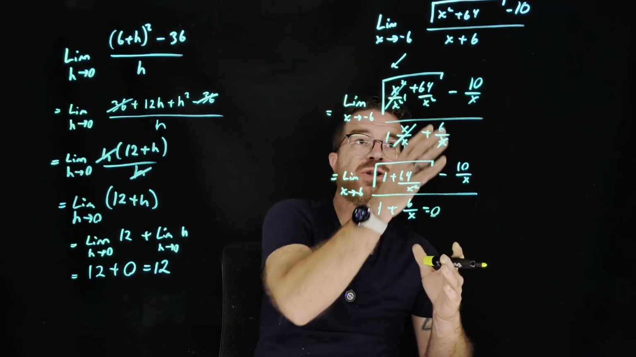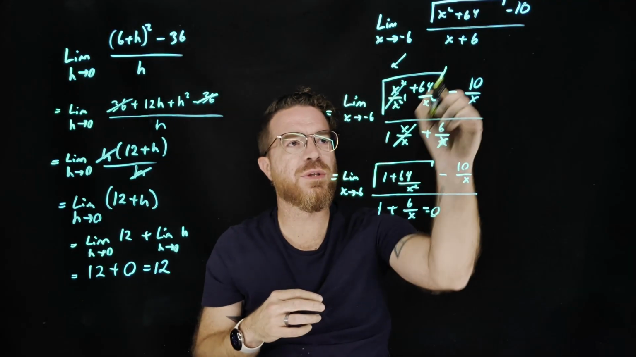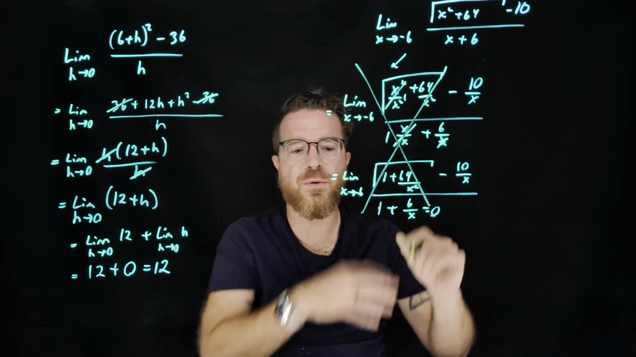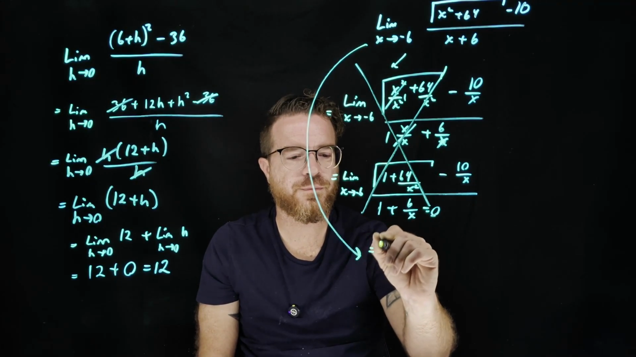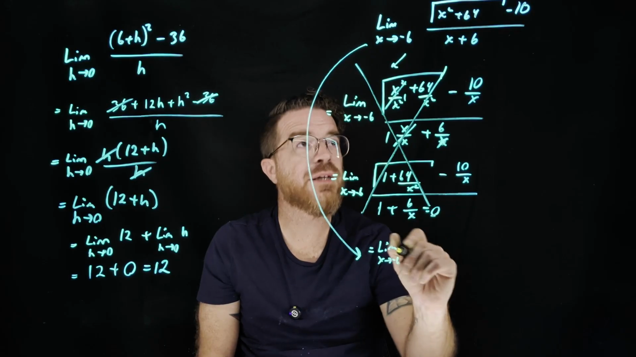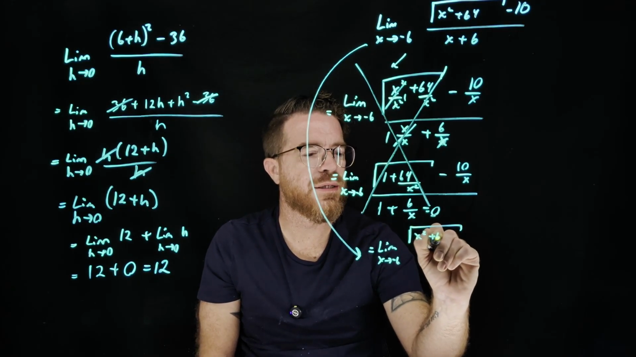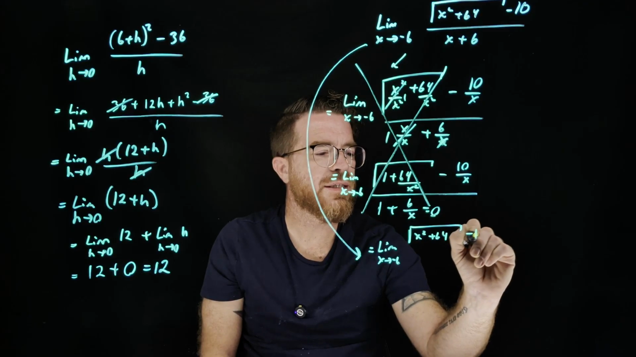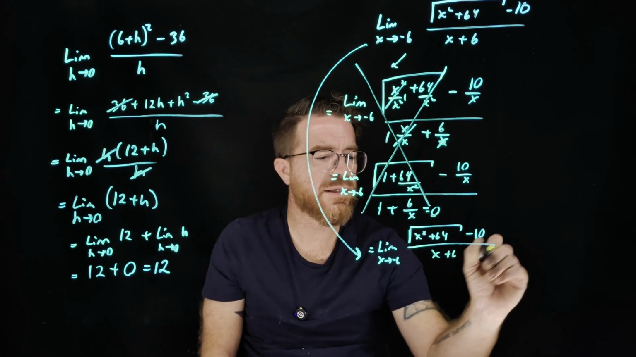So what we're going to do now is try multiplying by the reciprocal. So we're going to ignore this phase. Let's try doing the reciprocal. So going here, this is going to be equal to the limit as x approaches -6 of the square root of x squared plus 64 minus 10, divided by x plus 6,